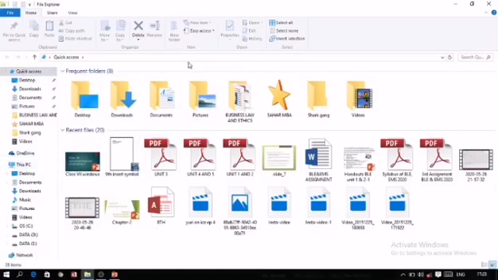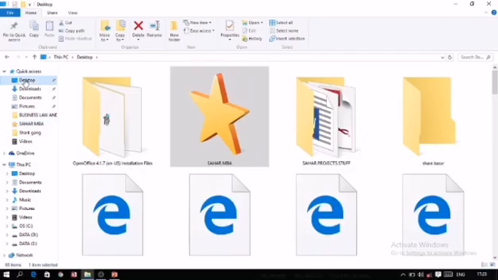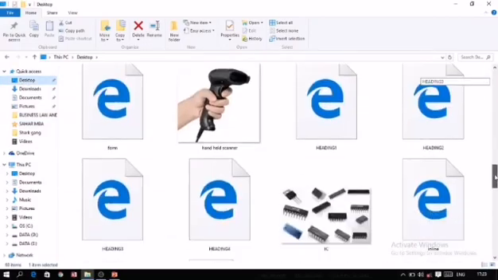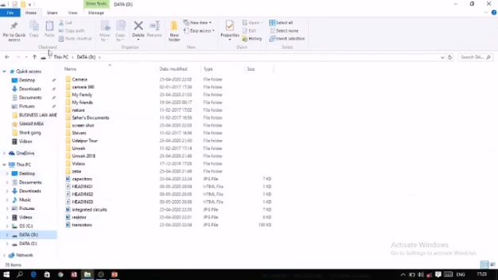Now there are two parts in it, or you can say two panes, the left side and the right side. The left part displays the different drives we have, like C drive, E drive, my computer, desktop and all that. The right portion displays the content of that particular folder or drive. For example, as I click on this folder, it shows the information about this folder. As I click on the desktop, whatever icons are on the desktop will be displayed. In the same way, as I click on the D drive, the information of the D drive will display on the screen.